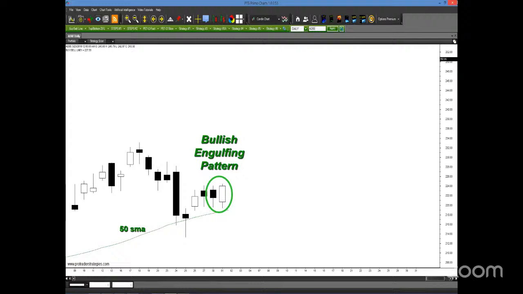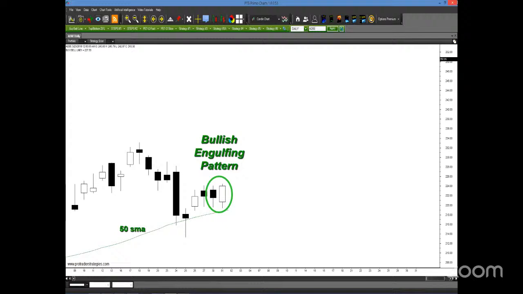In fact, if you don't believe how powerful this simple tool is of applying the 50-period moving average, go back and look at your last 10 or 20 trades. As I often say, I can almost guarantee the reason you had losers was because you were out of sync with this simple rule. You were buying below the 50-period moving average and selling above. Remember,